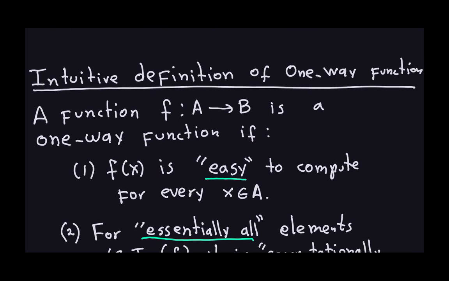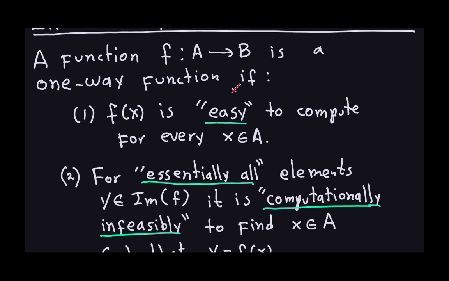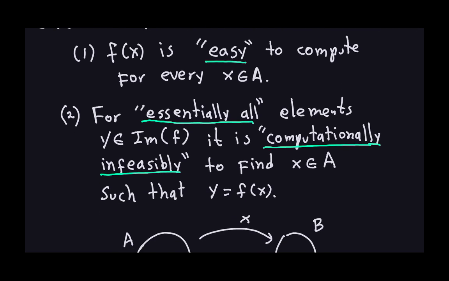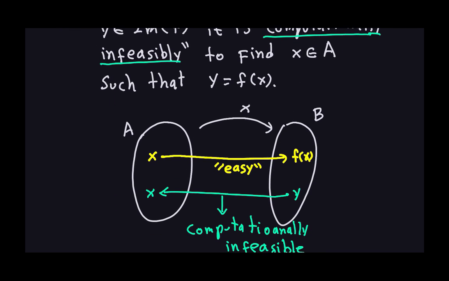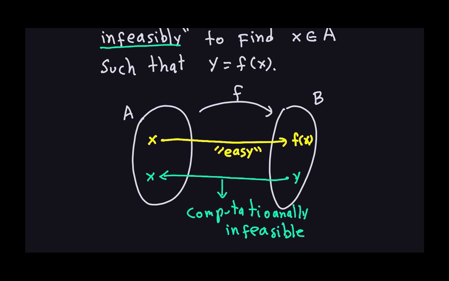And the reason we're talking about an intuitive definition is because there are some terms here that are not defined formally, but they have definitions in formal mathematics: computationally easy, essentially all, and computationally infeasible. And this is what I just said here. So I have my function, which is the function f there. So let me just erase that. That's the function f. So I can compute easily from x to f of x. That's easy. But given a y in the image of f, it would be computationally infeasible